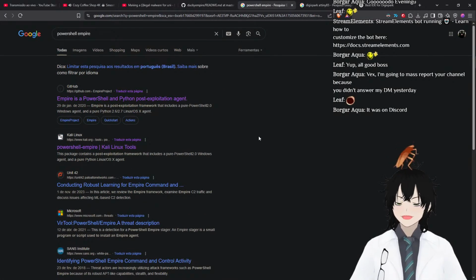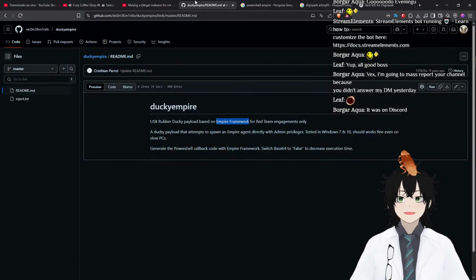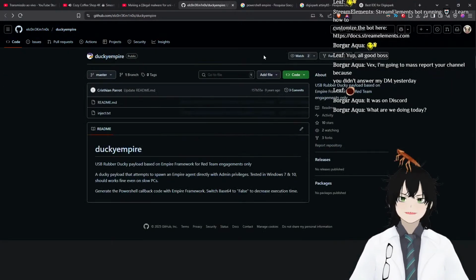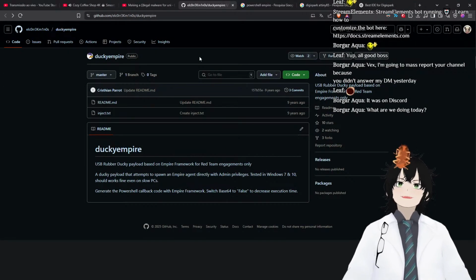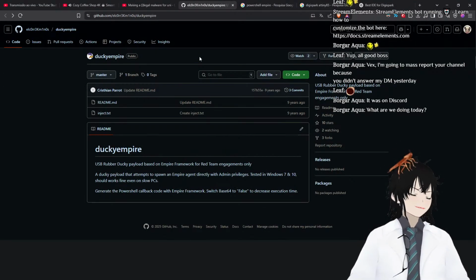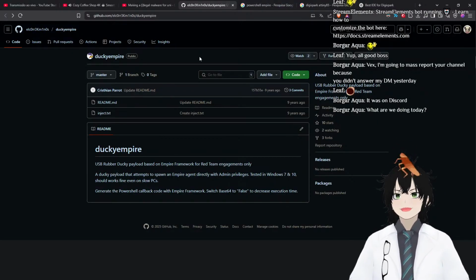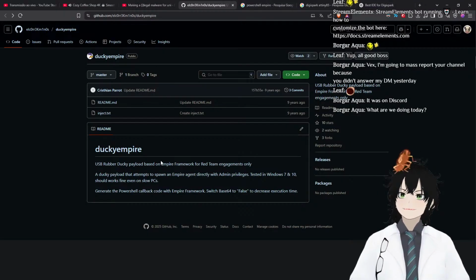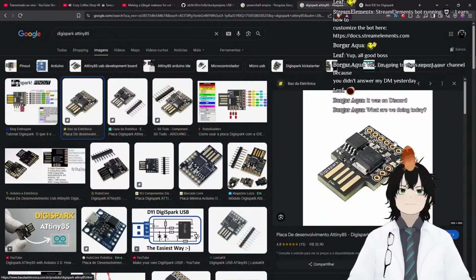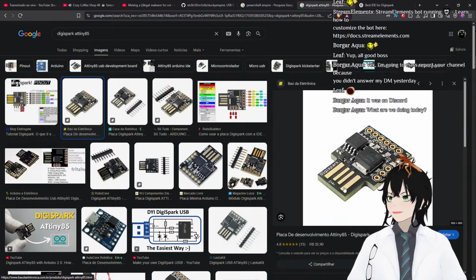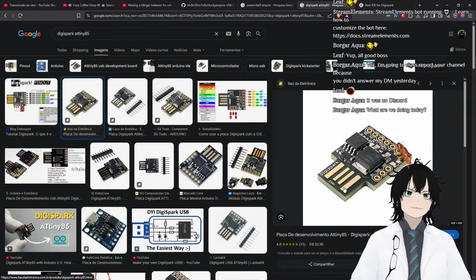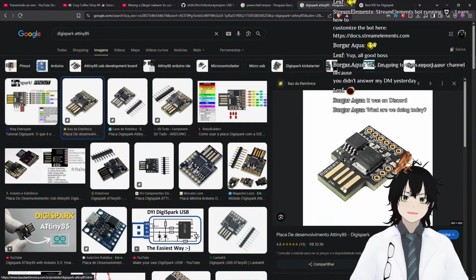We're cooking a malware, which I already kinda cooked, which wasn't me. Basically, a month or so ago, more probably like two months ago, I had to help a guy at my university get a way to use a DigiSpark, which is this thing over here. This thing is something that you buy at AliExpress for like 50 reais, so it's like